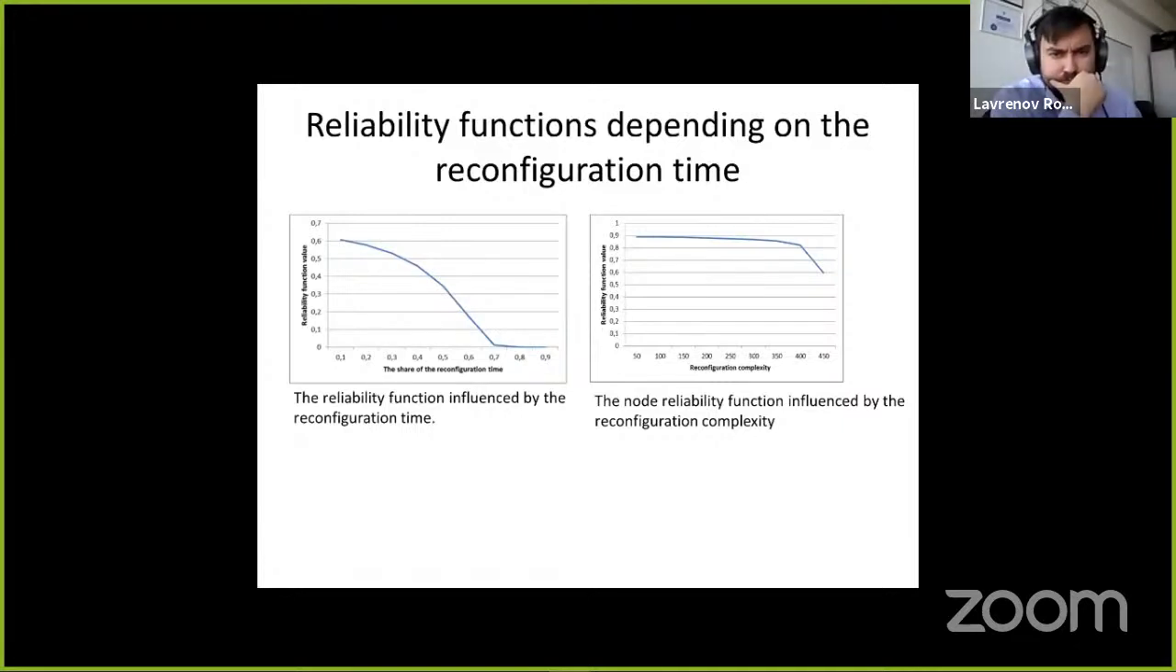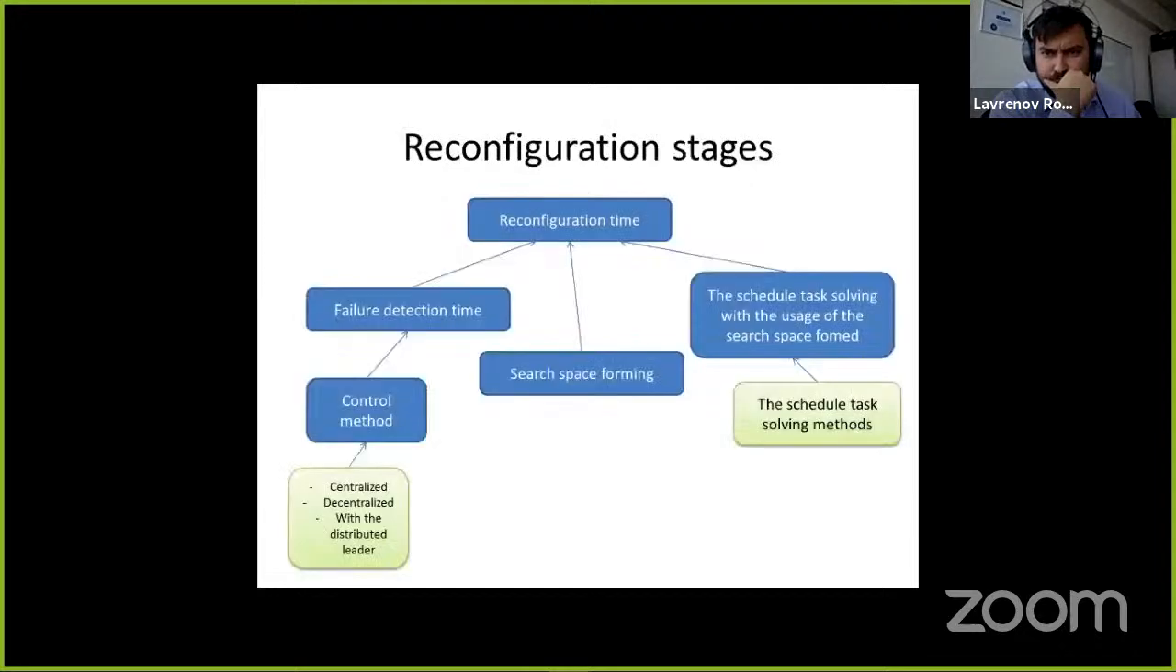And the graphs demonstrate the dependency between the reliability functions and the share of reconfiguration time of the nodes. It is seen that in case of the reconfiguration time growth, the reliability function degrades dramatically. And here it is shown